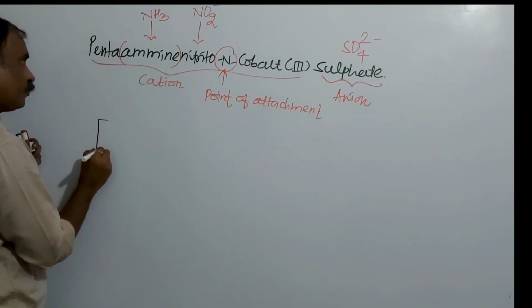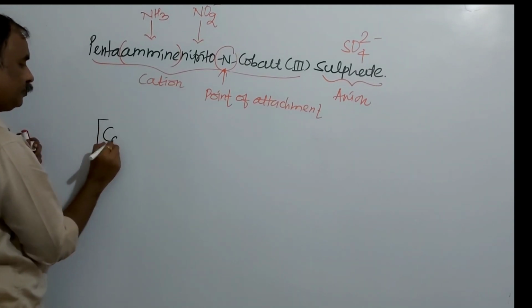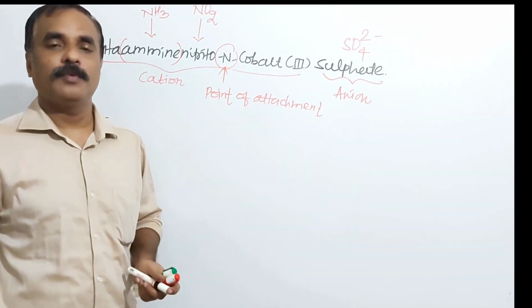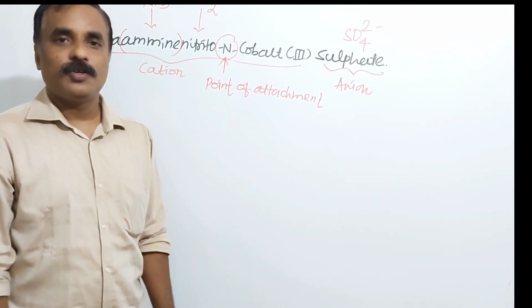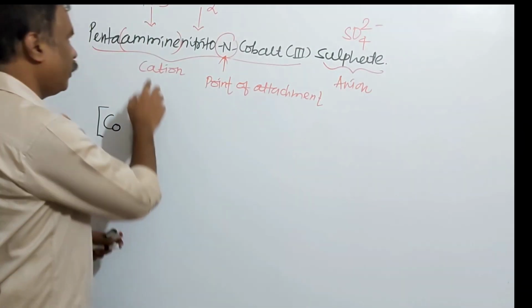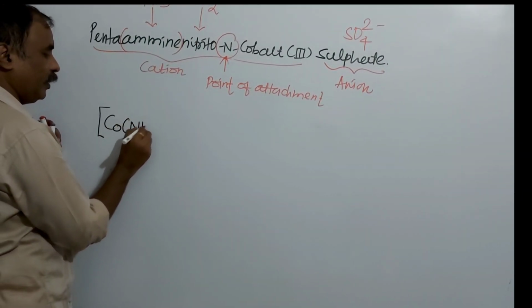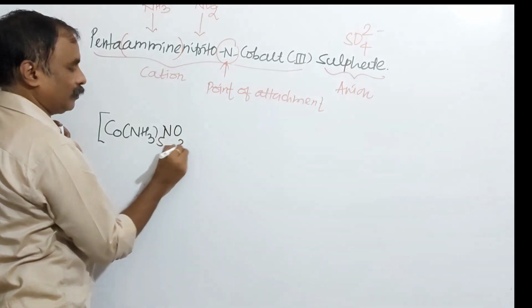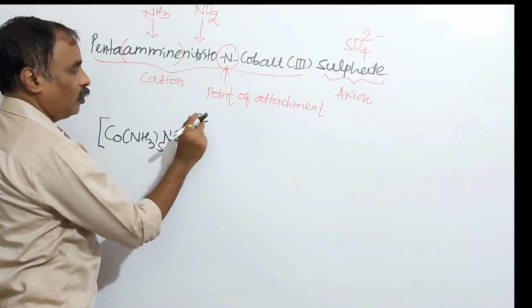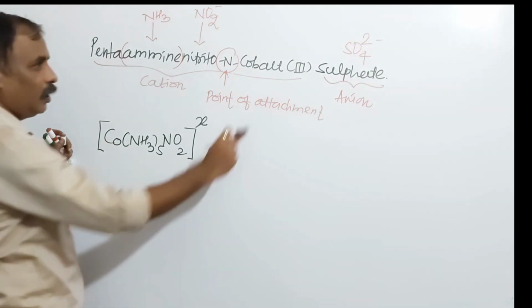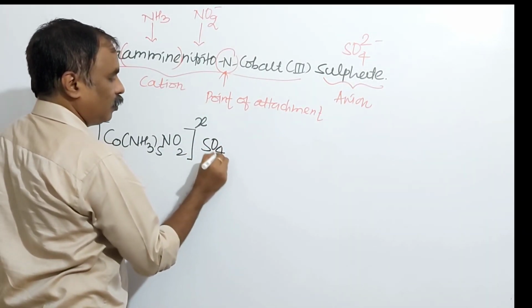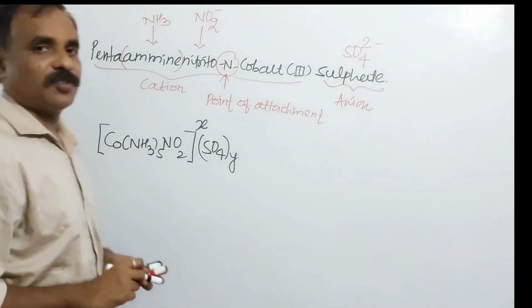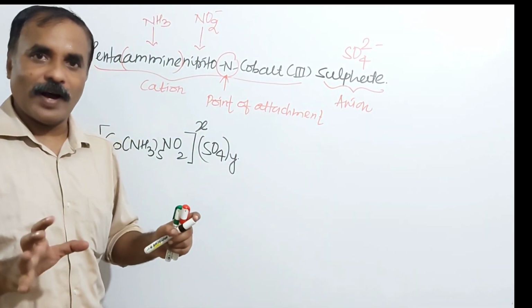Compose the structure for this. Here the metal is cobalt. Here different ligands are there, ammine and nitrito, that is NO2 minus, a neutral and a negative ligand. So first write down the neutral ligand. So here it is ammine, [Co(NH3)5(NO2)] to the power x. We don't know what x is, what the charge is. And SO4, how many SO4 we don't know, that is y. So first calculate x, and from that x we can calculate y.